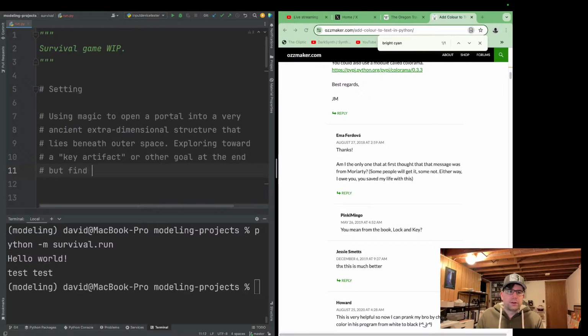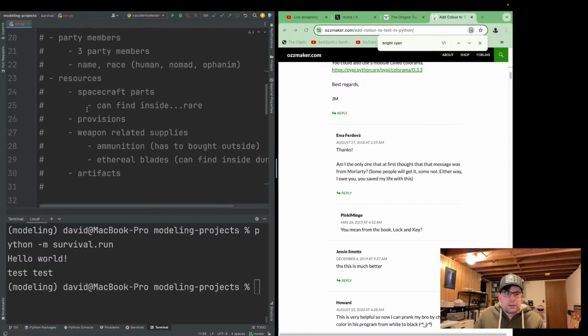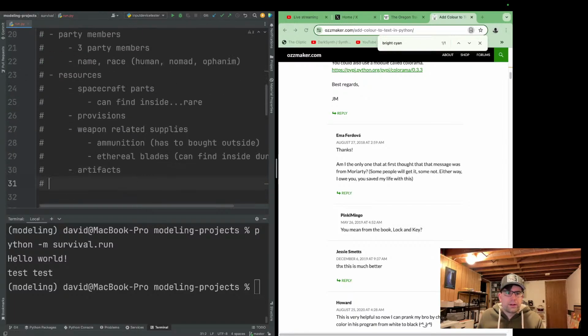But we can find other things along the way. So these would be other artifacts, and we can sell these to mysterious buyers outside.